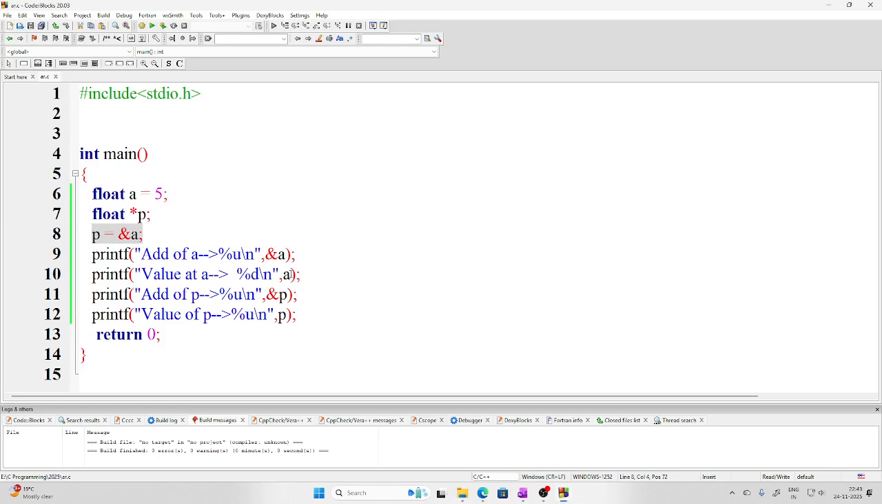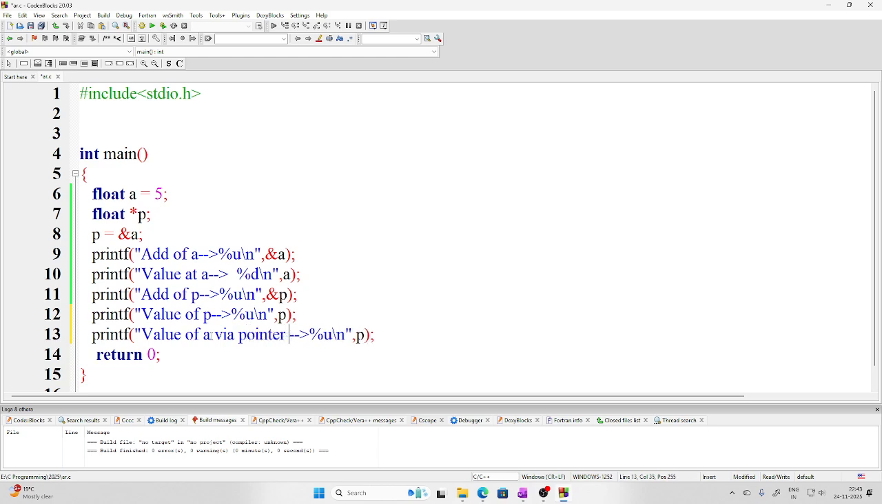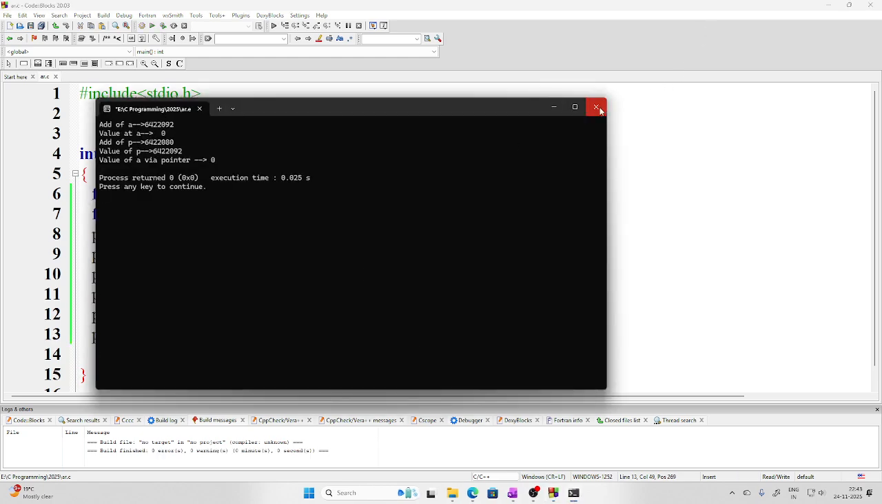So, the same thing I can also write here: value of A via pointer. So what I have to do, I have to dereference it, that is I have to write star P. Now what will this do? This will give the value of that memory location where this pointer is pointing. So if I run it,